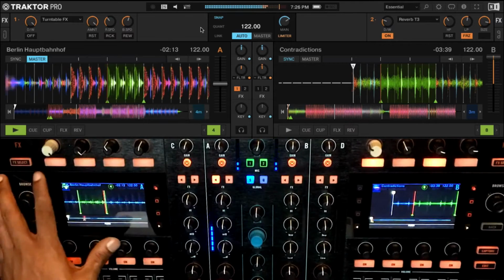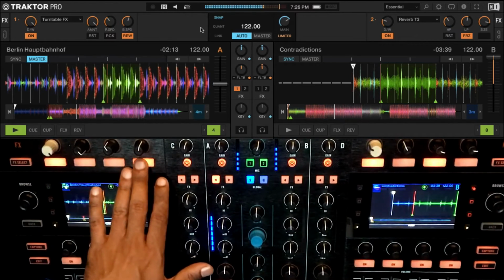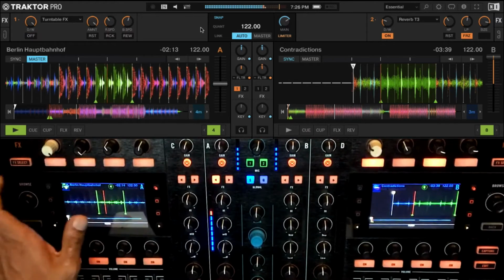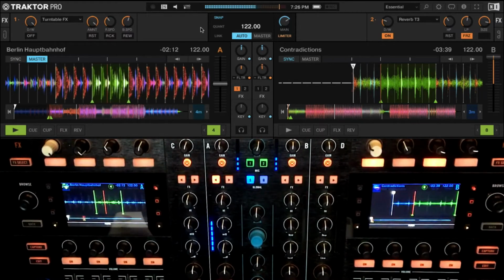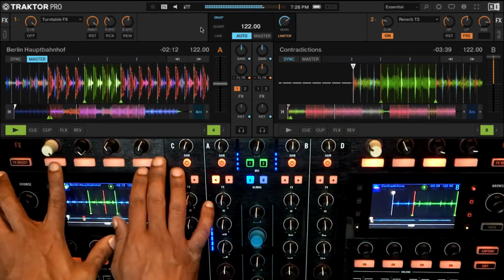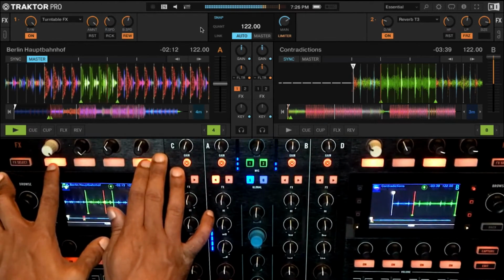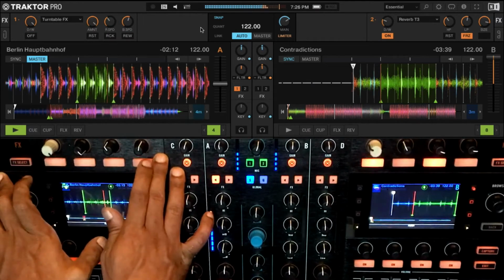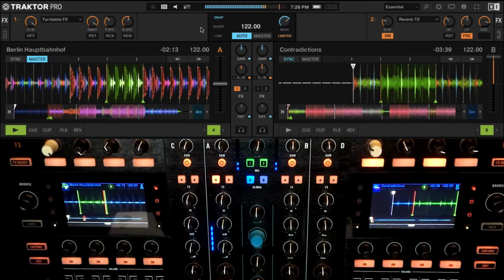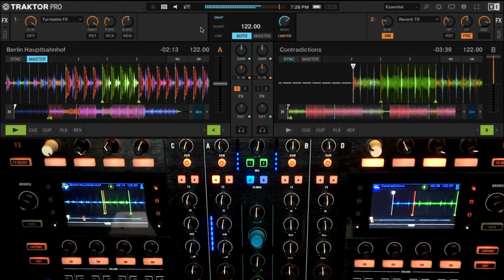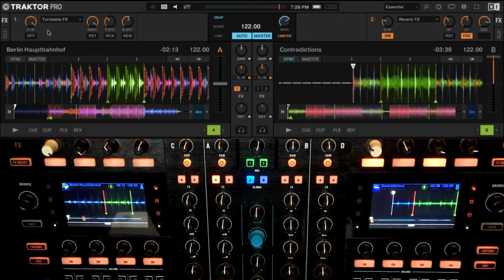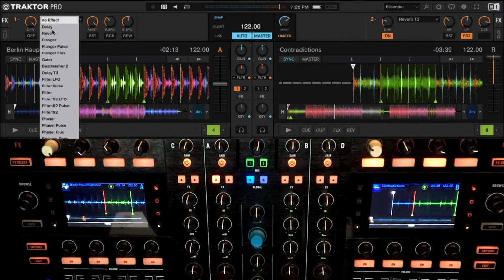I also have a rewind functionality, which will do this. Okay. This can actually be a little bit fun to create little build-ups. You know, when you're going through a track or whatever, you can just sort of have your next track come in, or, you know, use like a massive reverb or whatever. Possibilities are literally limitless. So that's your turntable effects.